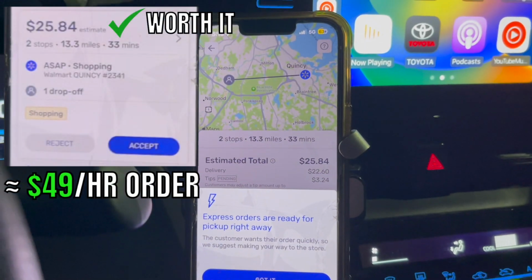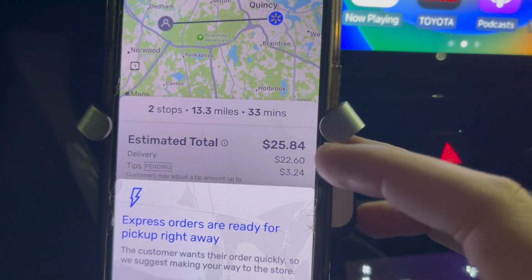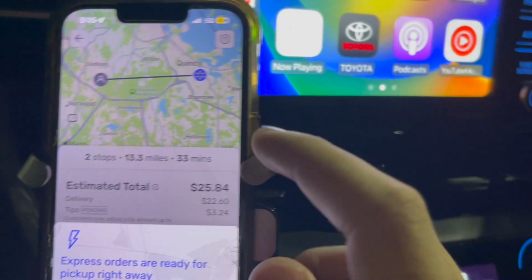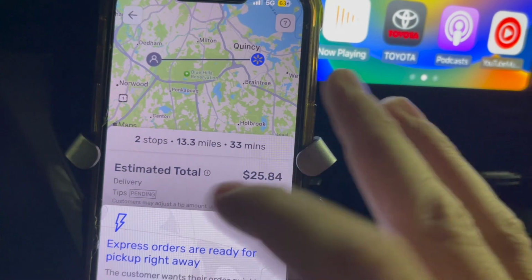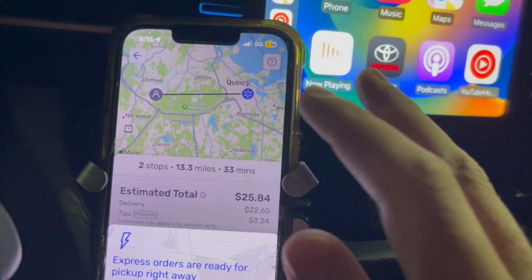So let's take a look at the review of this order, the pros and the cons. 25 bucks, 13 miles, about $2 per mile. The best part of this order is that I can get it done in 33 minutes. So that's a $50 an hour order. The only bad thing about this order is it's dropping off